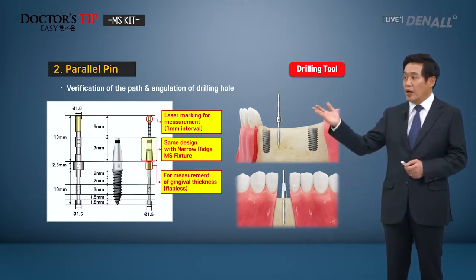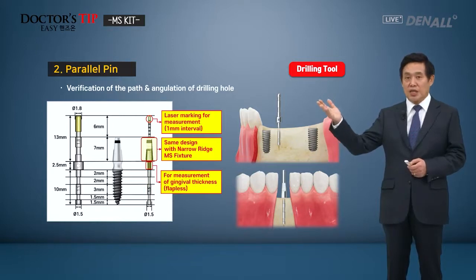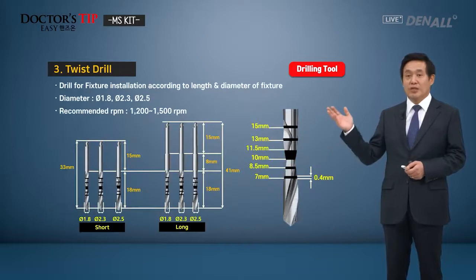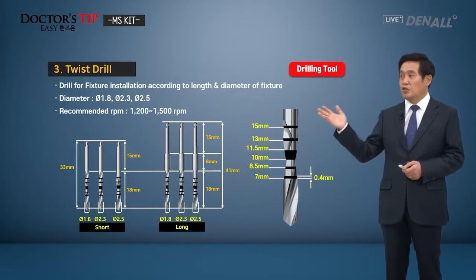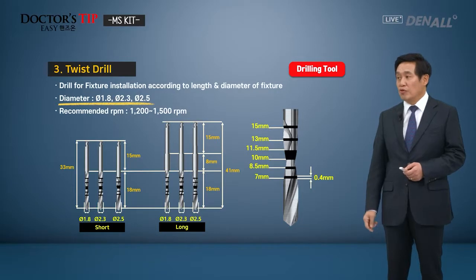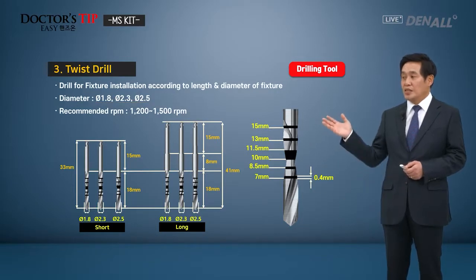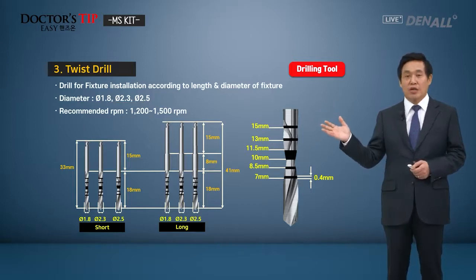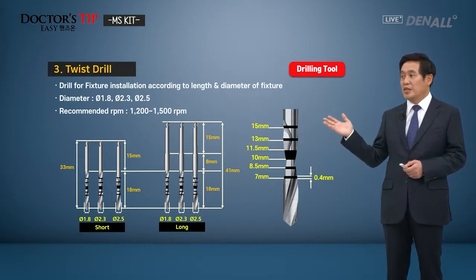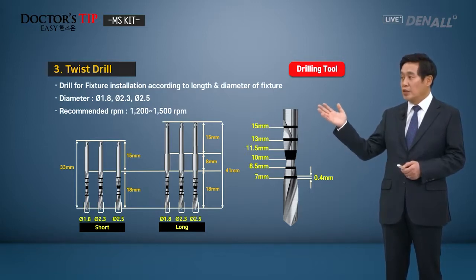And also on the upper part, laser marking is there, so you can check the overall total length. And to place the MS fixture, the twist drill is the basic drill to be used. There are 3 types of diameters. And also, as a lance drill, if you place it in a narrow area, there could be interference from adjacent teeth, so you have short and long types, and laser marking